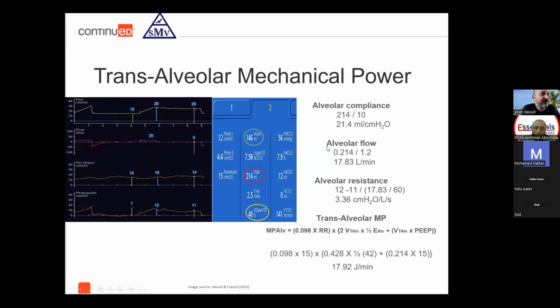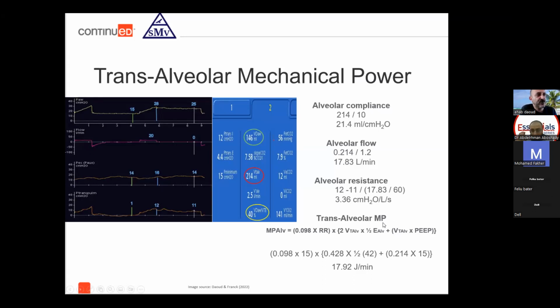So we were able, but to do all of this, I know it might sound a little bit crazy or complicated. We need volumetric capnometry, and we need an esophageal balloon. And according to this, and I'll show you the reference later if you want to read the article, we can calculate alveolar compliance. If we can calculate alveolar flow, alveolar resistance, then we can calculate transalveolar mechanical power, which is